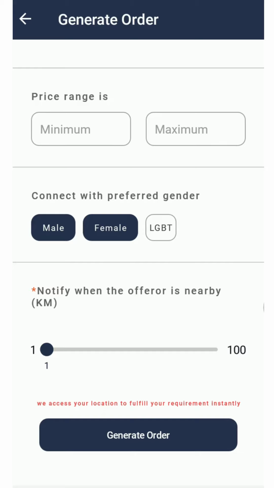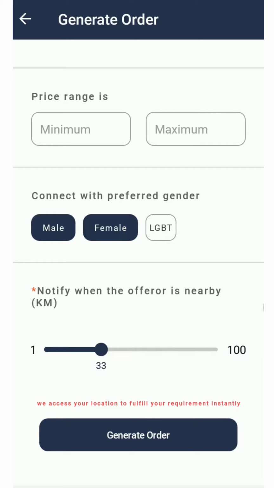And kilometers range. So what is kilometers here? If I put 30 kilometers here, what I am telling the Connect Your Need app is that I am looking for a job as backend developer, and the one who is providing this job, if that person is within 30 kilometers of my surroundings, then I should get an immediate alert.